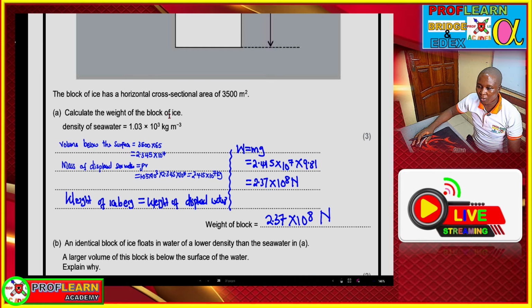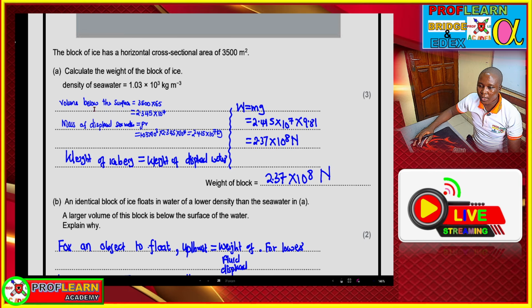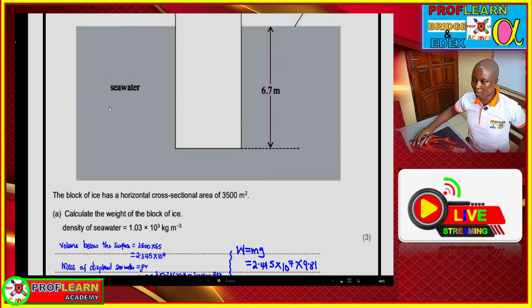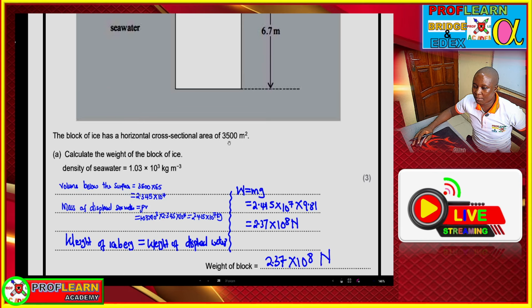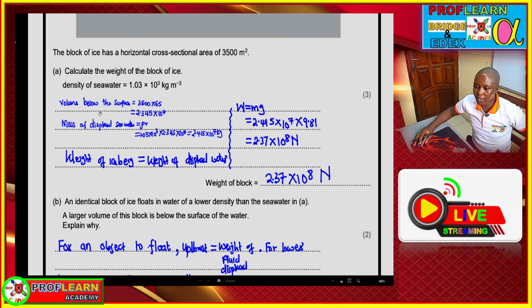Calculate the weight of the block of ice. So we started by working out the volume, because we were given the cross-section area. So we are supposed to work 6.7 times that cross-section area, so that we have the volume. And that volume is equal to the volume of the block, which is equal to the volume of the liquid